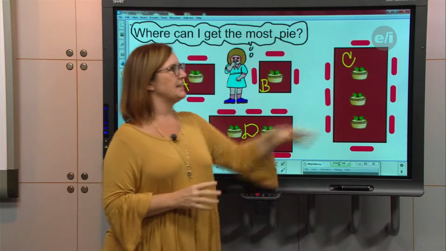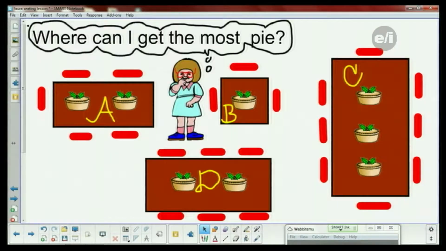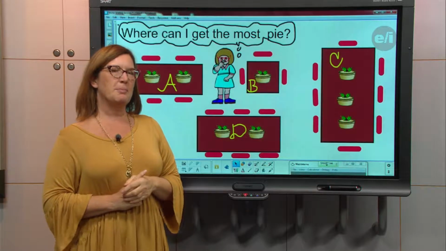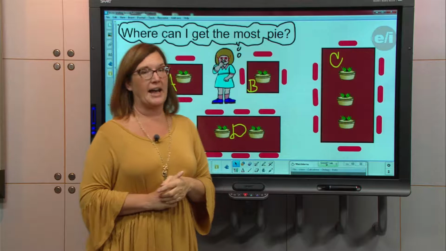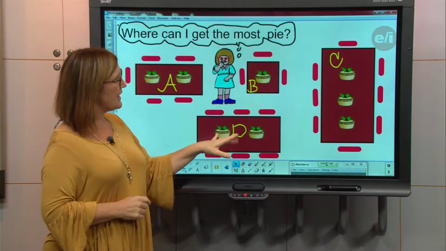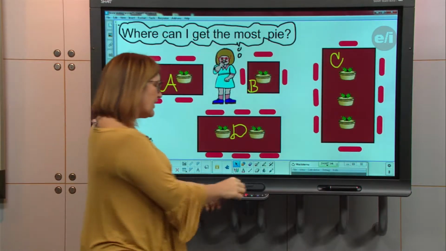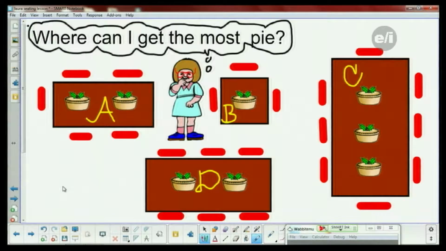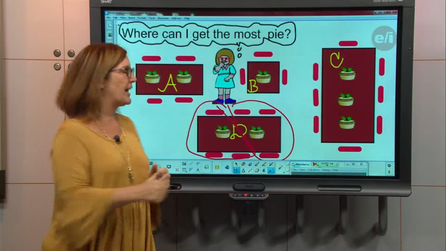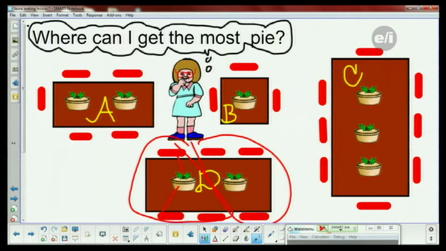I'm going to talk about table B and C for a minute, okay? Actually, let's talk about B and D. Table B has 1 pie that gets shared with 3 people. Okay, 1 pie with 3 people, that sounds pretty good, right? I'm going to get 1/3 of the pie. The reason I want to talk about table D is because I can even draw on table D a little bit to think about that. I can break that up in a similar way. What about if I did this? And I start designing and cutting, taking pies and going, oh, this is going to this person and this person. I know that's a strategy that a lot of kids will use, right?